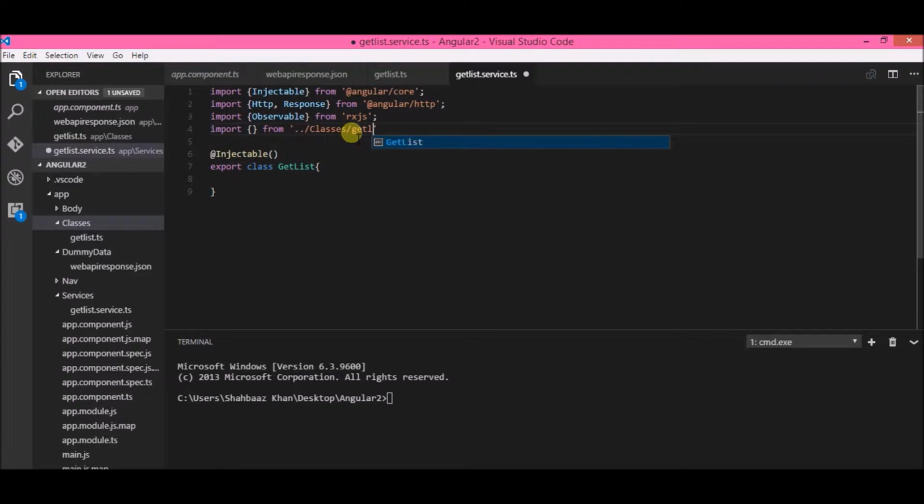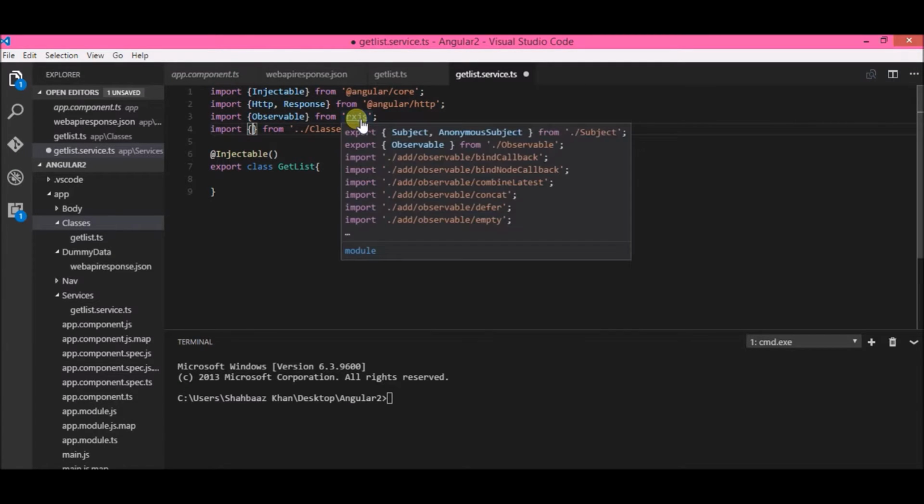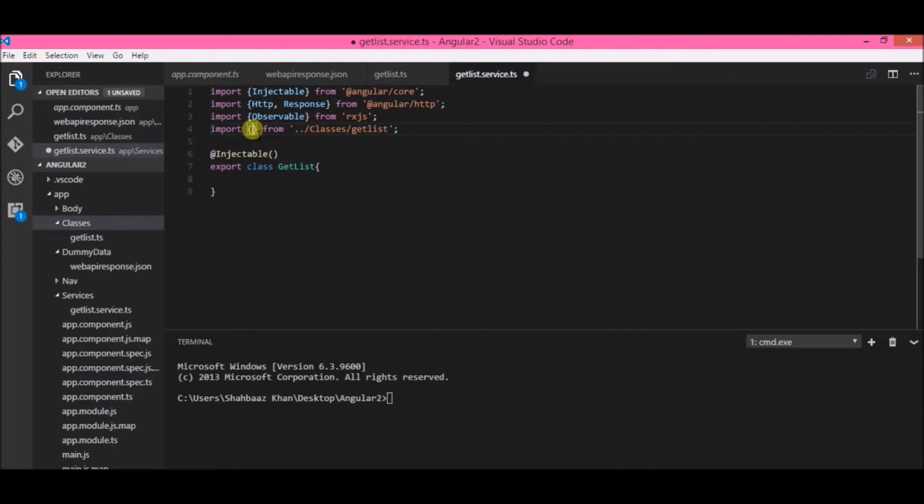So I'll just say get list, that's it. And just go in here, press control shift, and it shows me the list because I have exported it in there. So now that I have imported everything, let's just start with